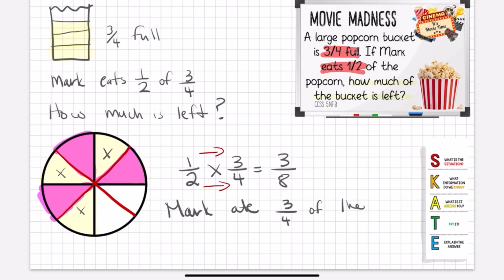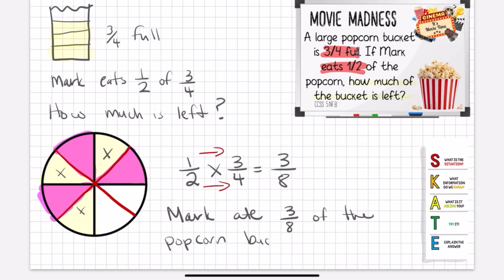Mark ate 3/4. Oh no! He did not eat 3/4. Try that again. See, adults make mistakes too. Mark ate 3/8 of the popcorn. And 3/8 of the popcorn